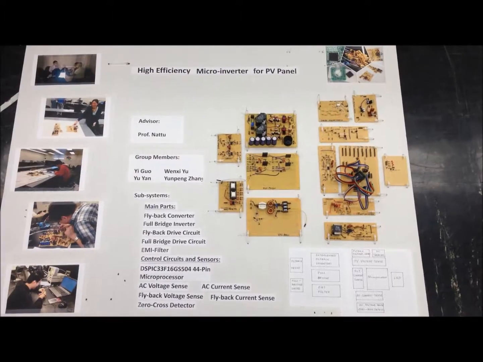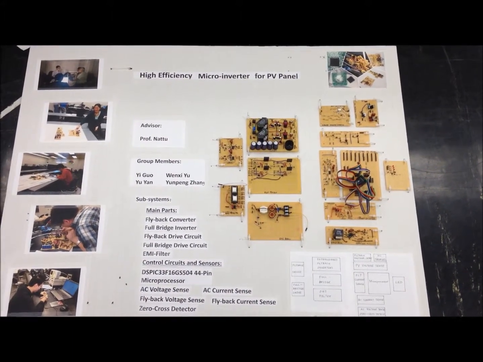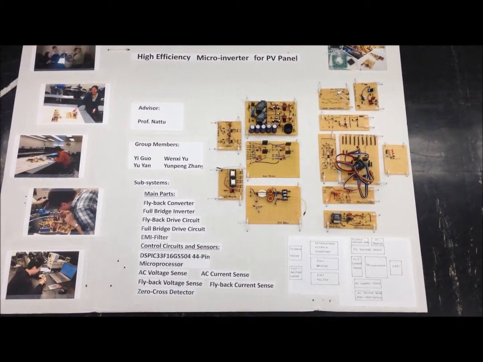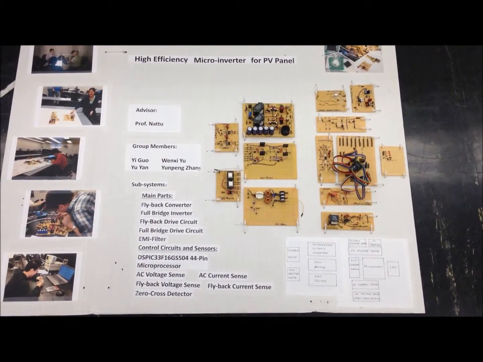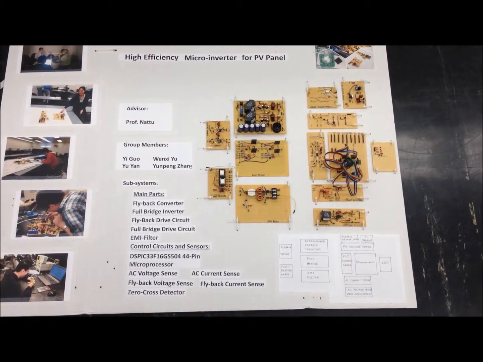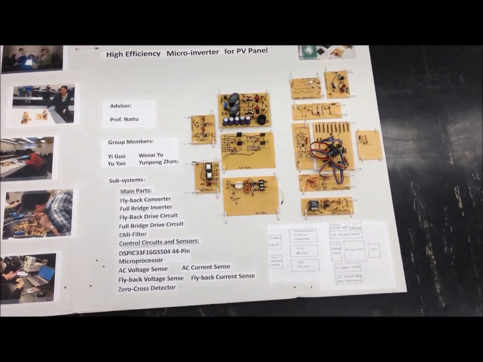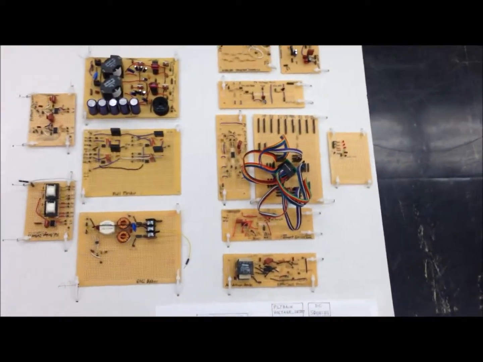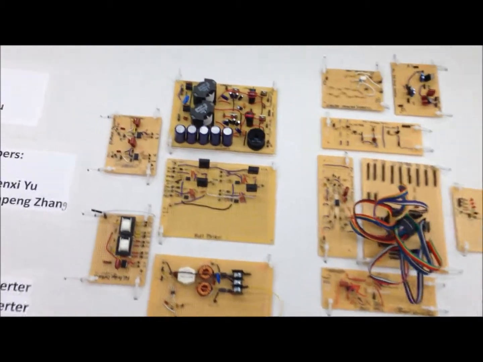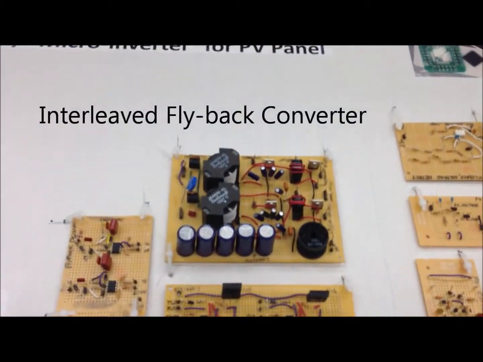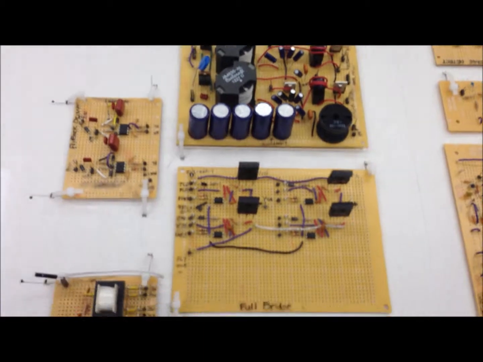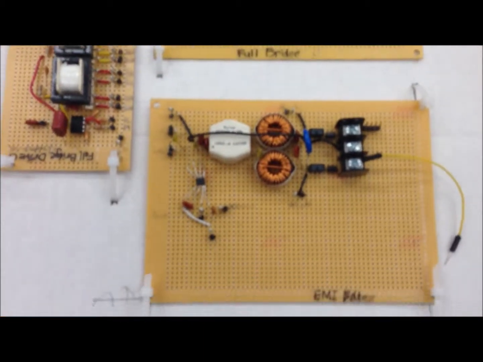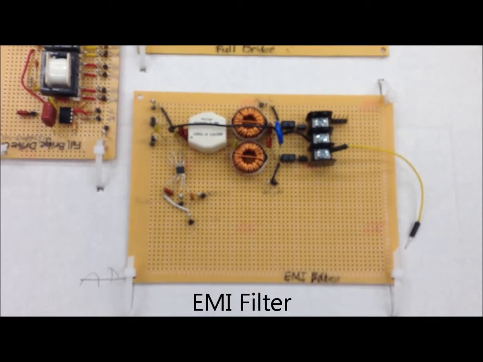Our design is called high-efficiency micro-inverter for photovoltaic panels. To be more specific, we collect the solar energy, transform it into AC voltage, and feed it back into the grid. Basically, our whole system consists of 3 subsystems: a pair of interleaved flyback inverters to convert DC to AC, a full bridge to unfold the sine signals, and last comes the EMI filter, together with some voltage and current